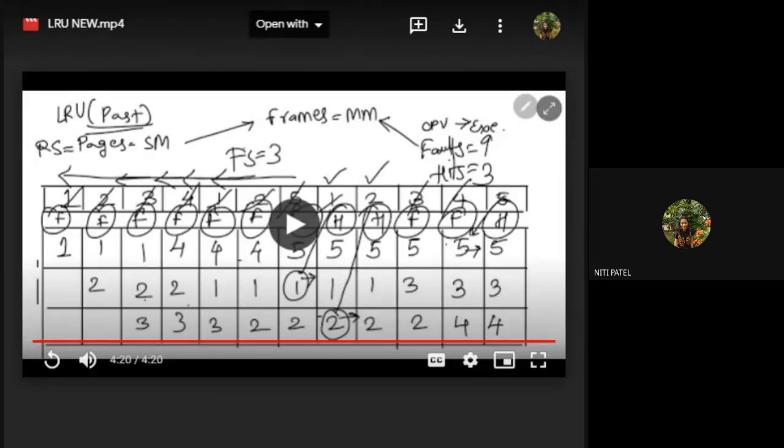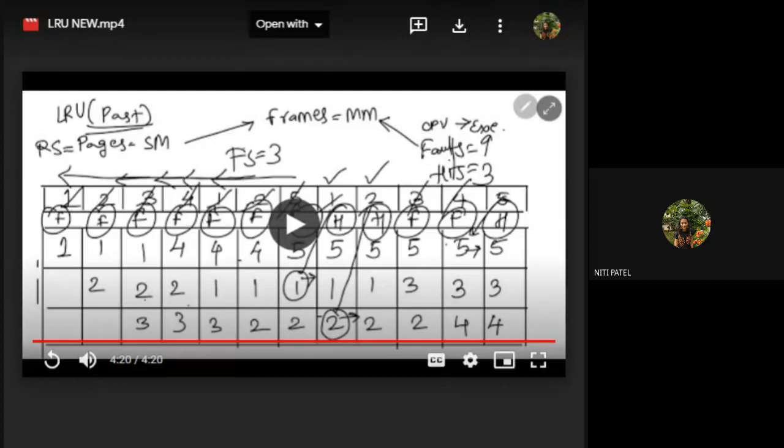जब मुझे 4 डालना था पेज, what did I check? 3 कभी यूज हुआ है तो 3 जस्ट यूज हुआ था, सो आई कैन नॉट रिप्लेस. उसके पहले कौन था, 2, दैट आल्सो आई कैन नॉट रिप्लेस, बट 1 थोड़ा पहले था, सो आई कैन रिप्लेस दैट. ओके, क्यों, बिकॉज 3 जस्ट लोड किया, 2 उसके पहले जस्ट लोड किया और 1 बहुत पहले ही लोड किया हुआ था. अंडरस्टैंडिंग?